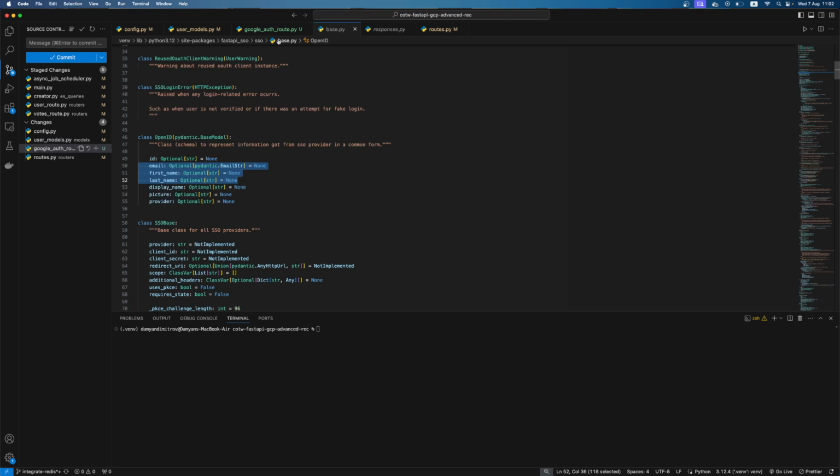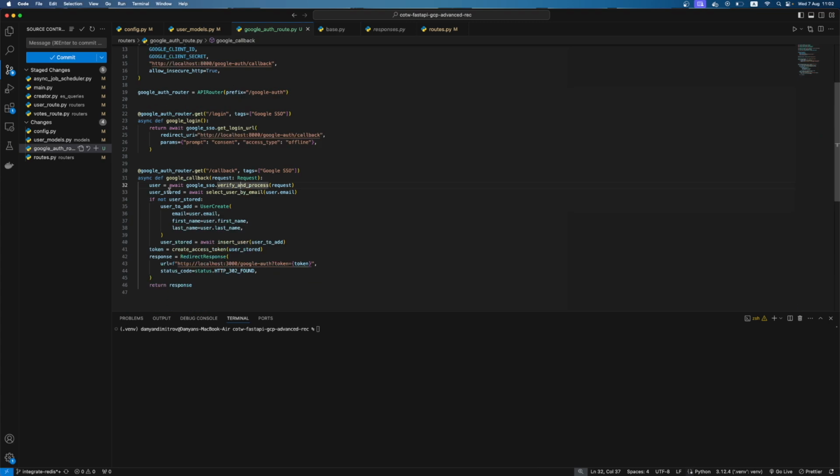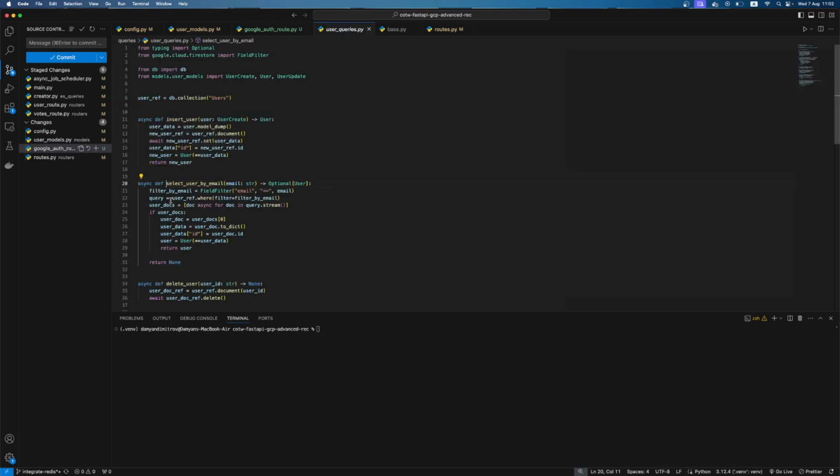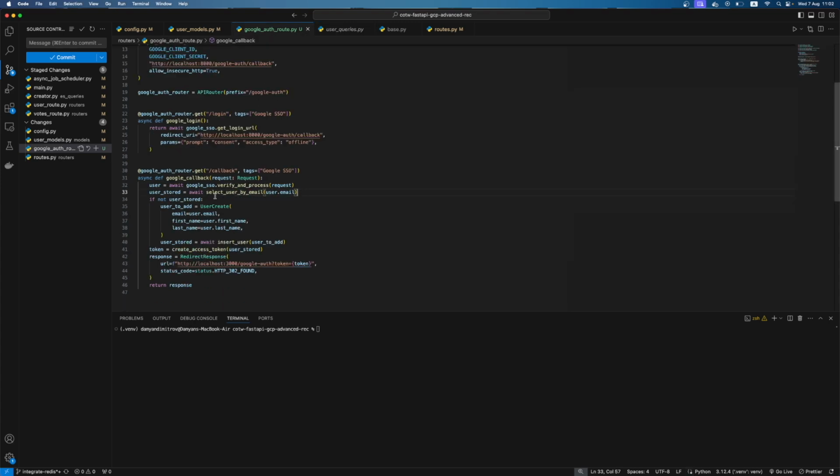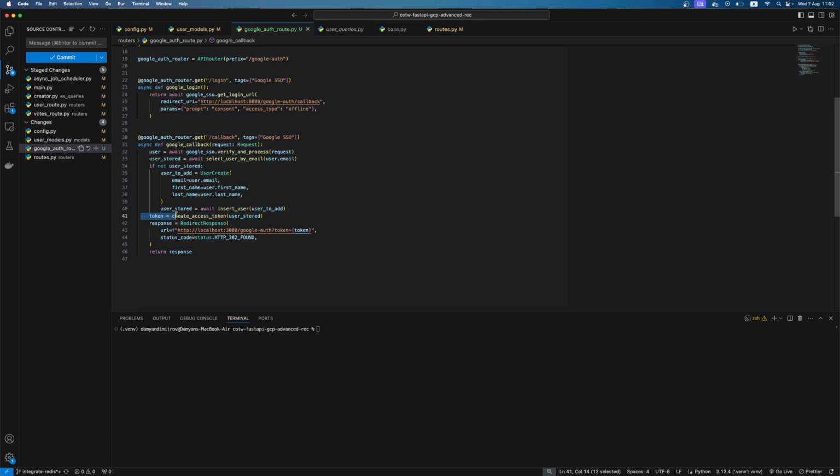And if the user is not stored, we are checking with our query function whether that user exists in our database, and if not, I create the user, and after that I'm creating the access token, and I'm returning a redirect response to the front end.